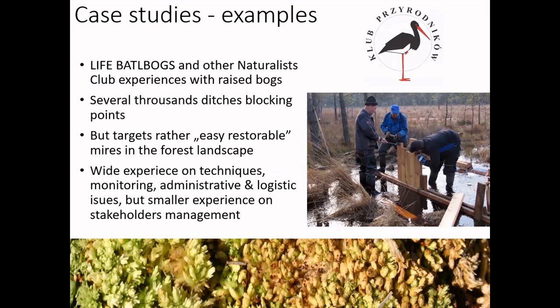But this project targets rather easily restorable cases, because it targets mires in the forest landscape, and mires which are managed by the state forests, but the Polish foresters are generally not interested in afforesting mires. They are even interested in nature conservation to some extent, so the collaboration with the foresters was very good. And my personal opinion is that Polish foresters are clearly allies in mire conservation and restoration, if the mire is without trees. Now,